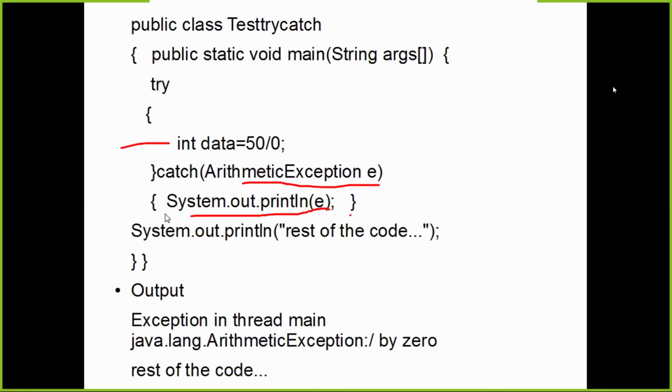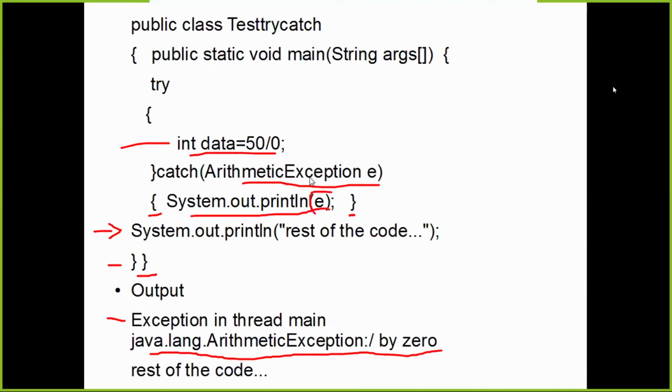And here at this point, we have the system println. When we compile the program it will be compiled, and when we run the program, the output is, જ્યારે આ કોડ એક્ઝિક્યુટ થશે, exception in thread main java.lang.ArithmeticException divided by zero. It is printing this,